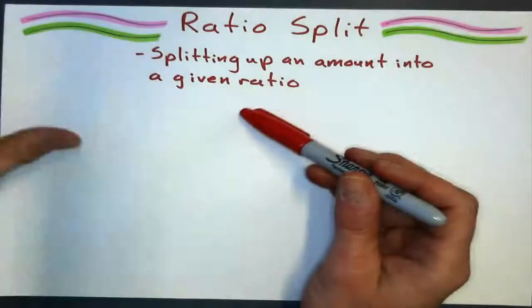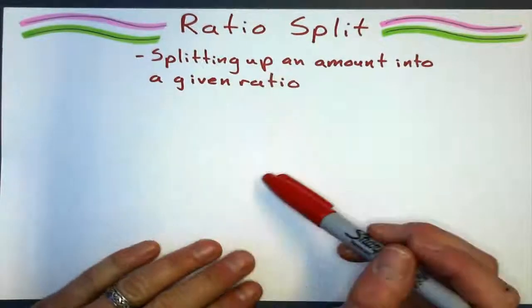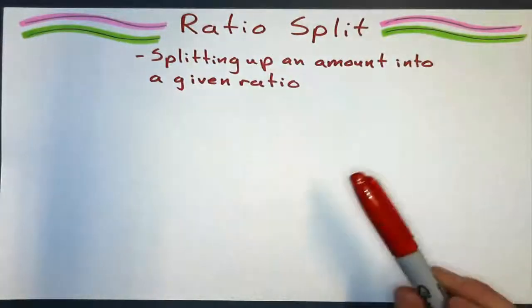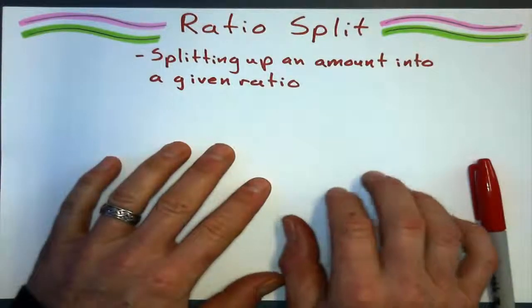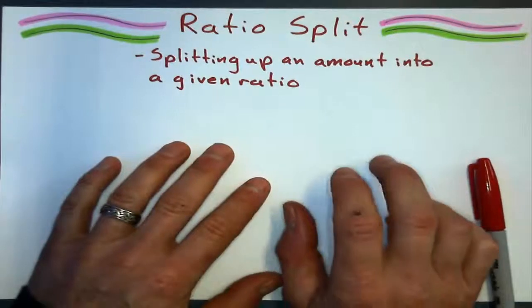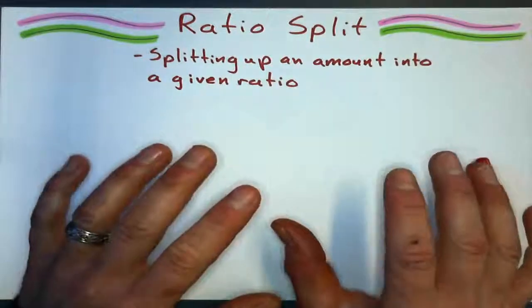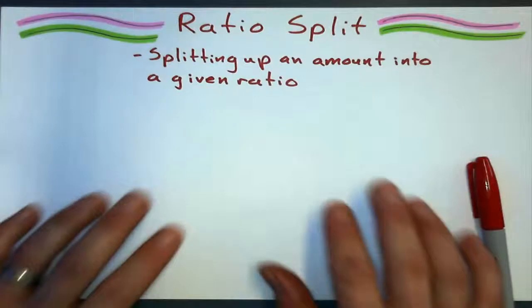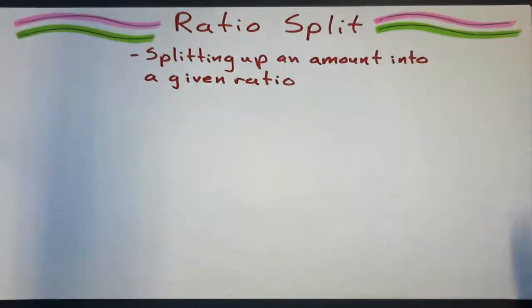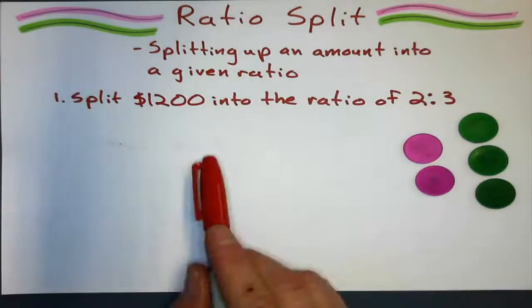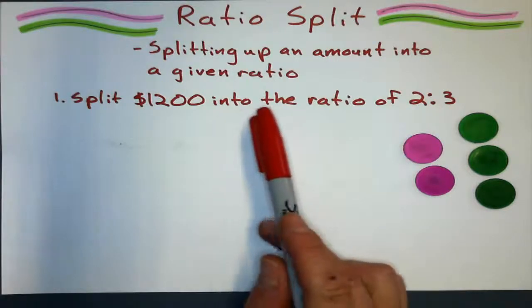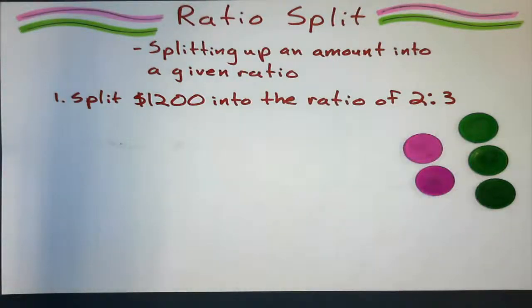Because what we're going to be doing here is we're going to be given an amount, and we're going to split it by a certain ratio. And when we split that amount by a certain ratio, it's going to come out to an equal ratio of the one that I'm given. So let's look at an example. If I say I've got $1,200 and I want to split that into the ratio of 2 to 3,